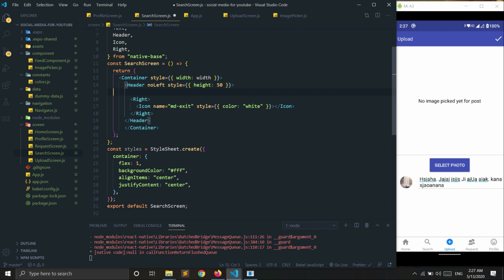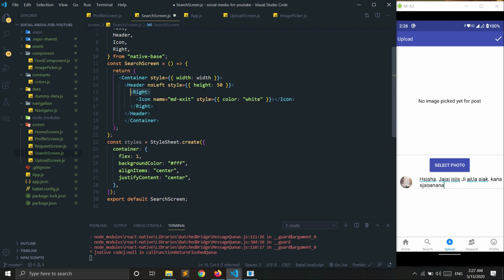Okay. And I don't want right. Instead of right, I want item. Okay. And inside the item, I want an icon of iOS search, and after the icon